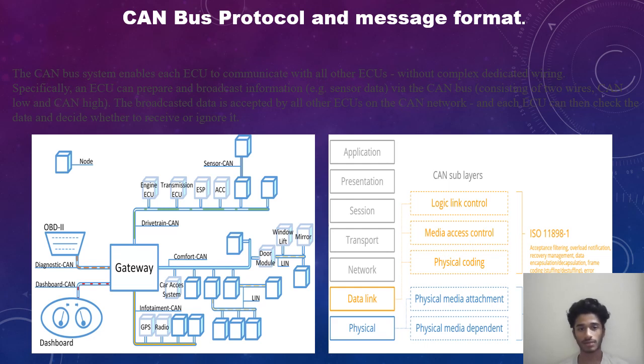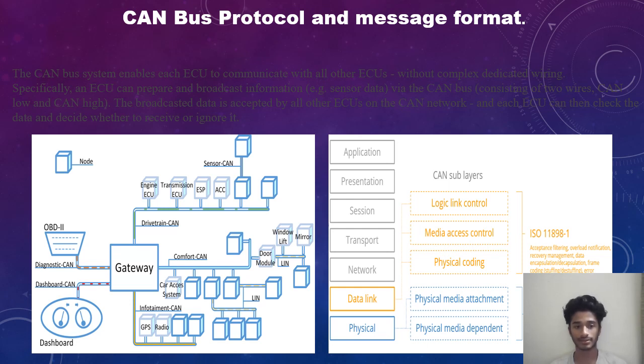So the full form of CAN bus is Controller Area Network, and the CAN bus system enables each ECU to communicate with all other ECUs without complex dedicated wiring. Specifically, an ECU can prepare and broadcast information via the CAN bus, consisting of two wires, CAN low and CAN high. The broadcasted data is accepted by all other ECUs on the CAN network, and each ECU can check the data and decide whether to